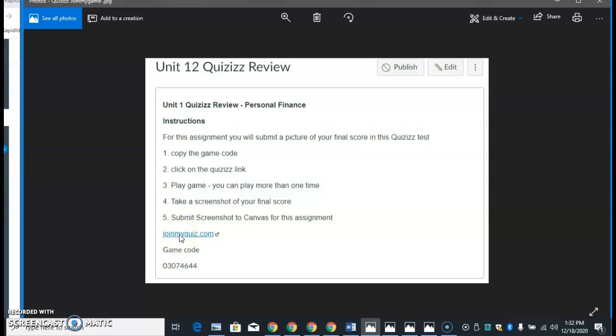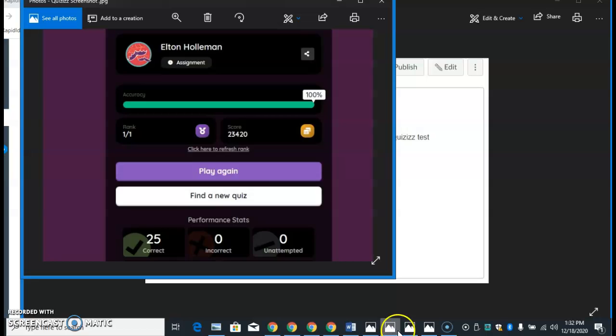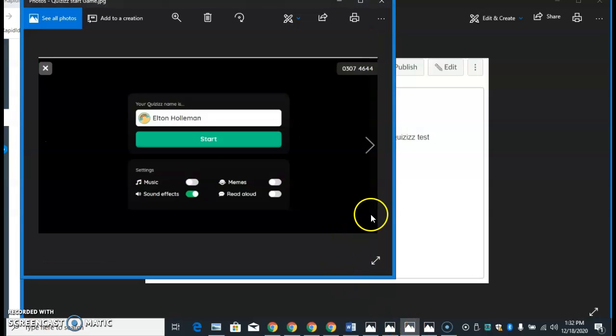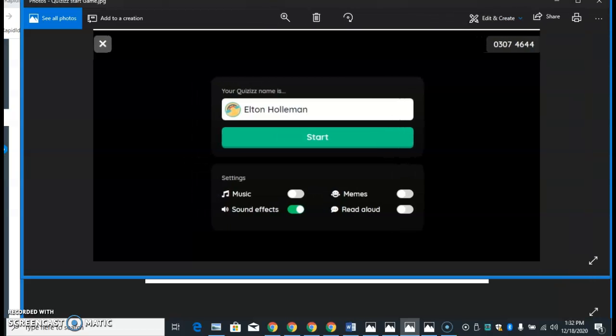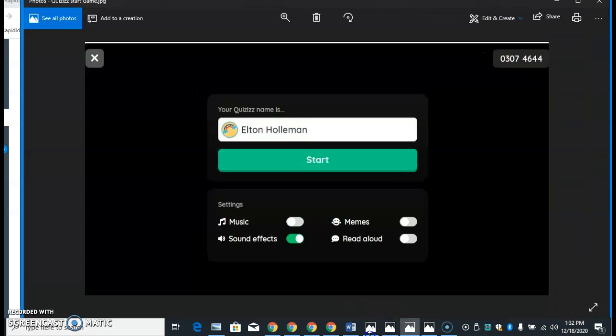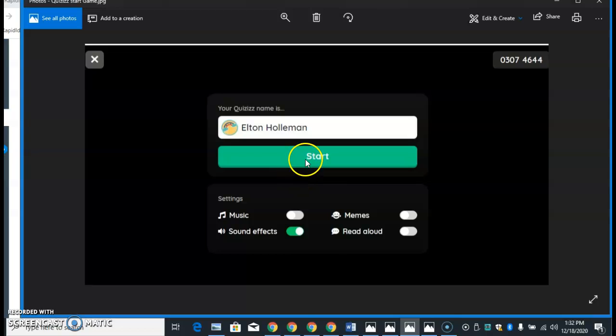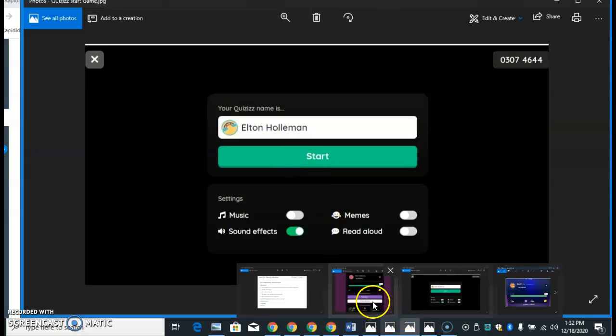So you click this, and I put a game code down here. They all come with game codes in case you need that, but typically if you click join my quiz, it takes you right to the game board. Your game board should look something like this. Okay, and so then you just click start game. You'll play the game. When you finish